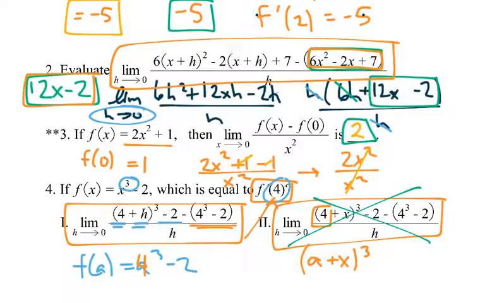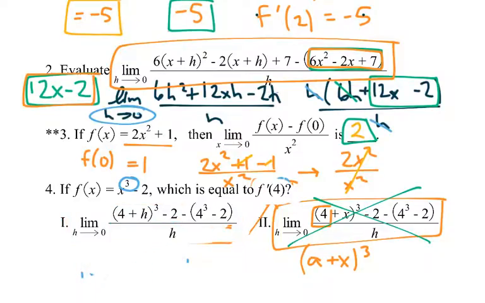So our only one that's equal to f prime of 4 is this first equation here, and that's because it matches the structure of the equation above. So our answer is just going to be equation number 1, limit number 1. And that is note card number